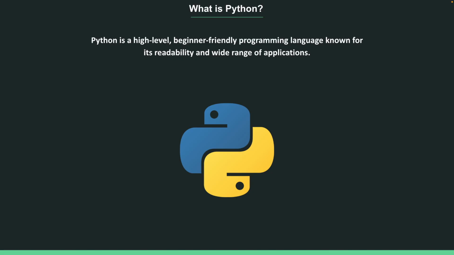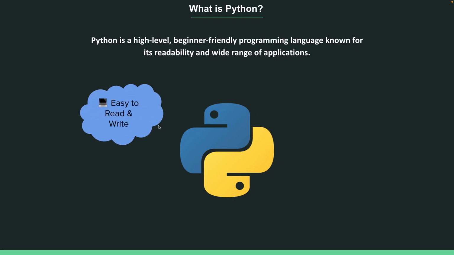Now, when we say high-level, we simply mean that it's easy for humans to understand. You don't need to worry about how machines understand this code that we write. You just write logic in a way that feels natural. So that's what a high-level language is, which is kind of close to the language that we speak. That is why Python is one of the most popular languages in the world and a favorite for beginners. It is easy to read and write, which makes it a great first language.